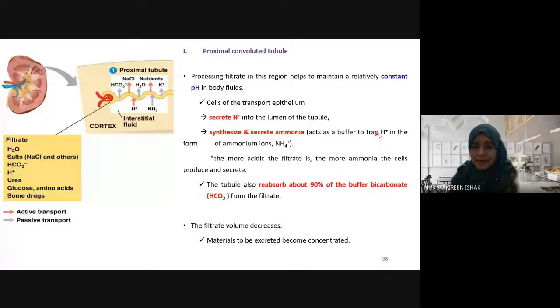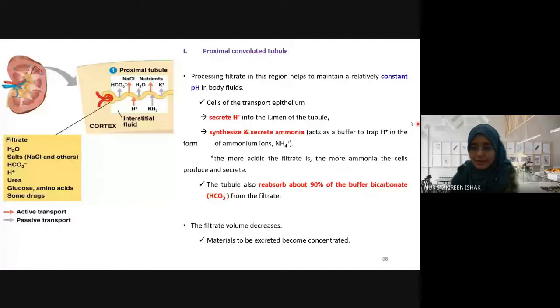ammonium ion, NH4+. So ammonia, NH3, when it attaches to excess hydrogen ion, becomes ammonium ion. Ammonia is NH3; when it combines with H+ secreted into the filtrate, it becomes ammonium ion NH4+. It says here, the more acidic the filtrate is, the more ammonia the cell produces and secretes. The cell here is the cells that make up the proximal tubule, which we call the transport epithelium. The tubule also reabsorbs about 90% of the buffer